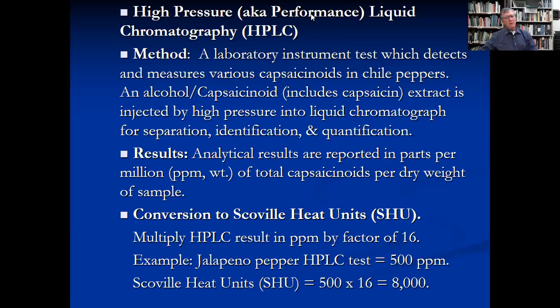Today, rather than using test panels of people that would taste it and keep diluting it, which would be the old way, the method started in 1912, it's done more scientifically with high performance liquid chromatograph to get actual concentration in parts per million. That is still referred back to the Scoville unit, and you would convert the concentration in parts per million to